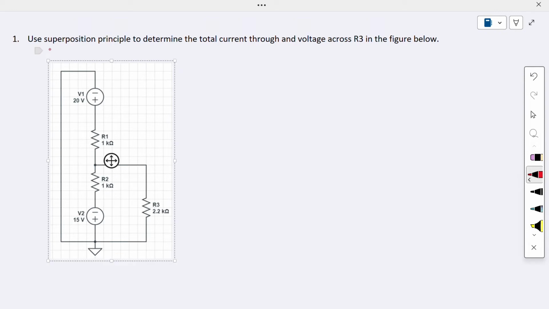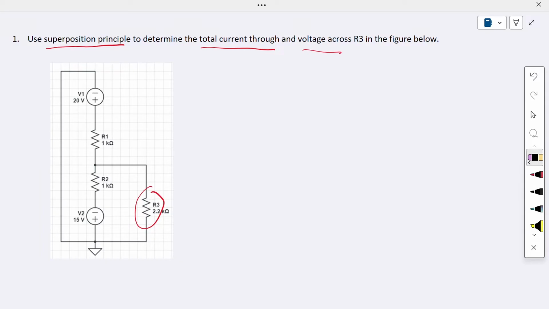So these questions require us to use the superposition principle to determine the total current passing through R3 and also the voltage across R3. So we're going to redraw this circuit. We only need to draw one voltage source at a time to find its contribution to the current passing through R3. So step one is that we're going to calculate the current